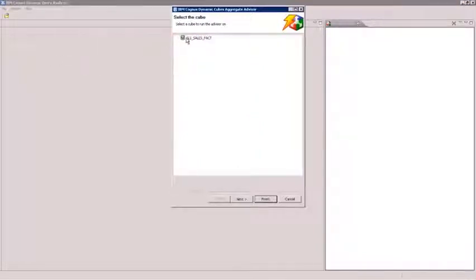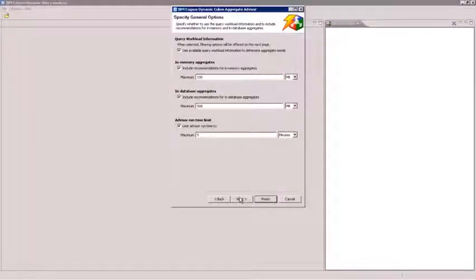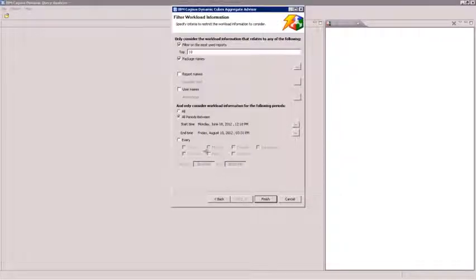This is largely dependent on the amount of data and your environment, but a good rule of thumb is that the database aggregate limit should be 1/10 the uncompressed size of your data, and the in-memory aggregates should be 1/10 the size of that. The longer the Aggregate Advisor runs, the more effective the recommendations will be. For this relatively small cube, we set low limits and a short 5-minute limit.